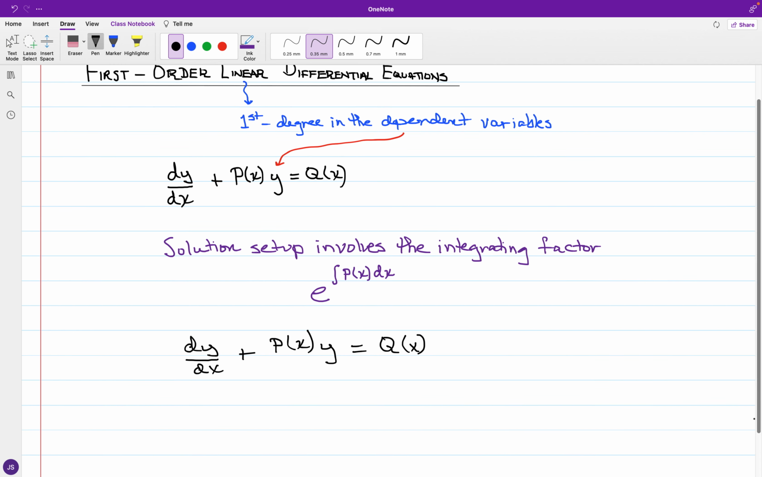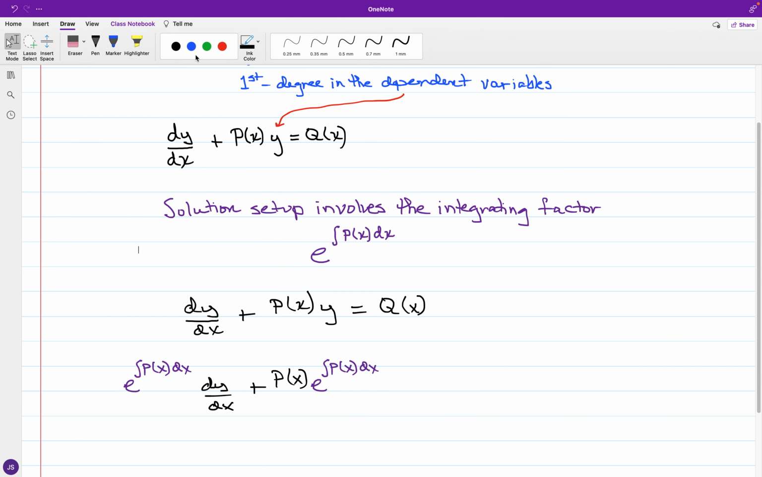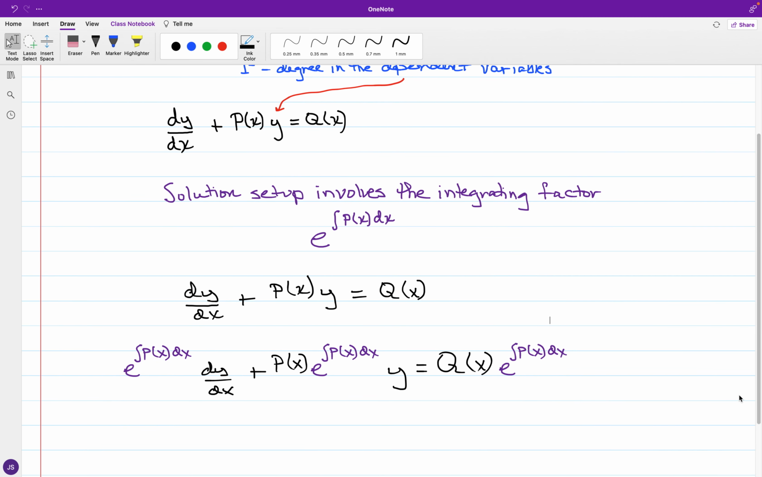So multiplying all the terms out, we have e to the integral of p of x dx times dy over dx, plus p of x times e to the integral p of x dx times y. And again, q of x is also going to be multiplied by the integrating factor. And on the left-hand side,